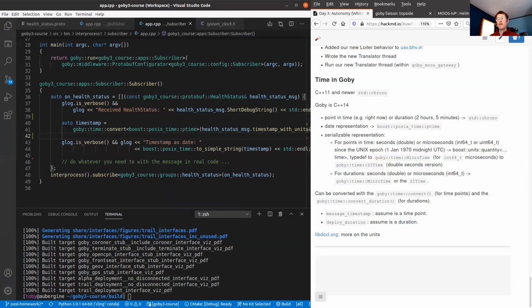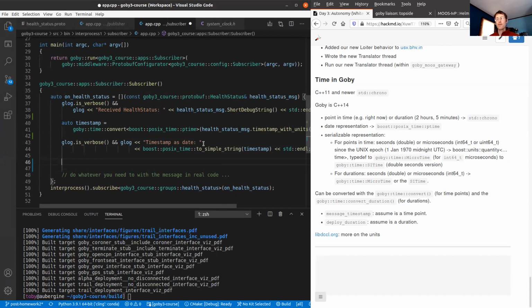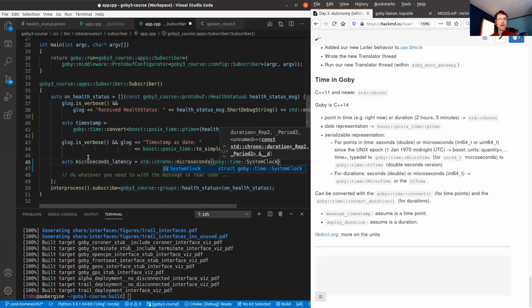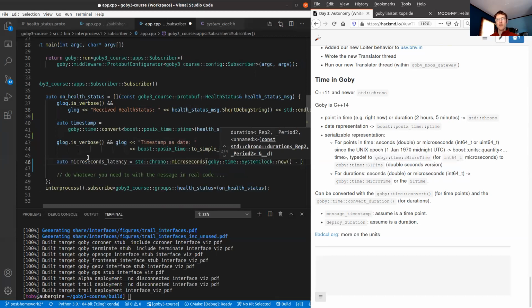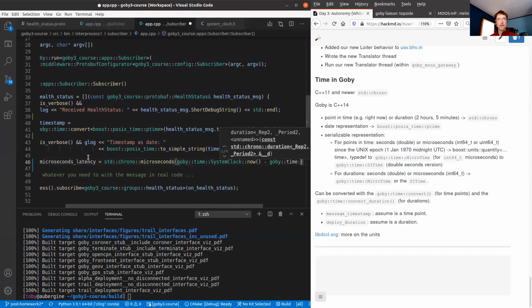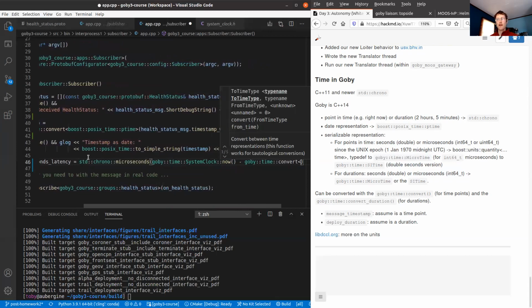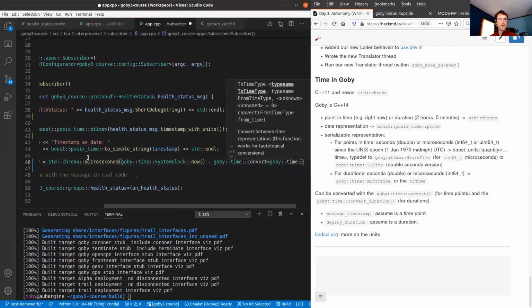The other thing that we can do is perhaps we want to know, say, the latency between when the message was serialized, that timestamp, and the current timestamp. So we could get the approximate latency as standard chrono microseconds, which is going to be the current time, Goby time system clock now, minus the time in the message, which we need to convert to a system clock representation in order to subtract them.